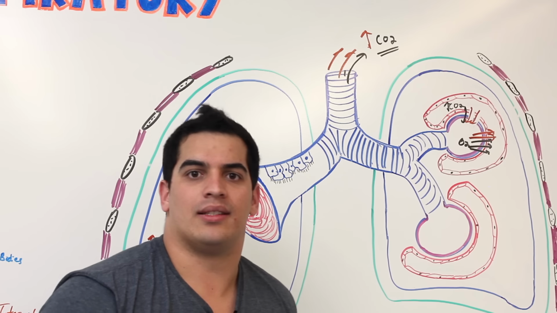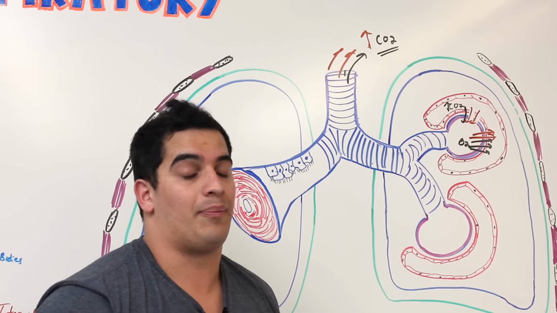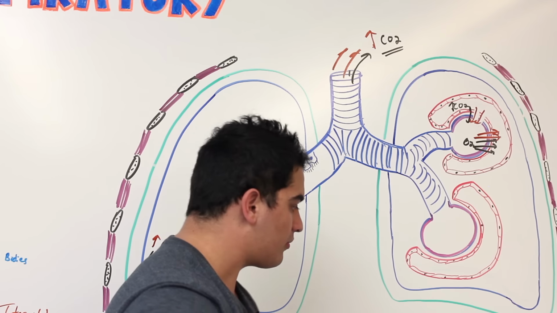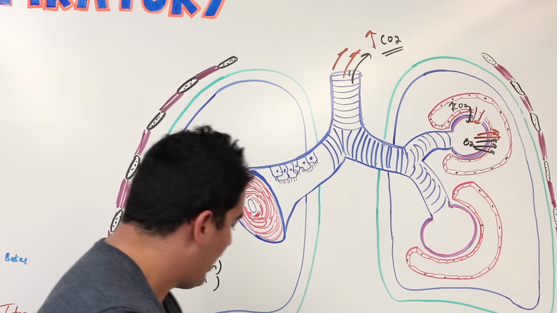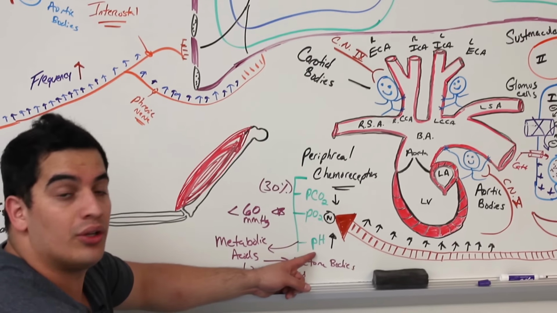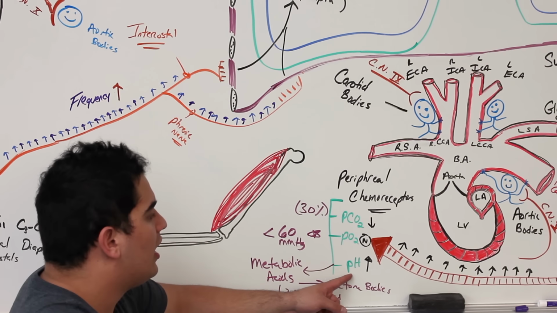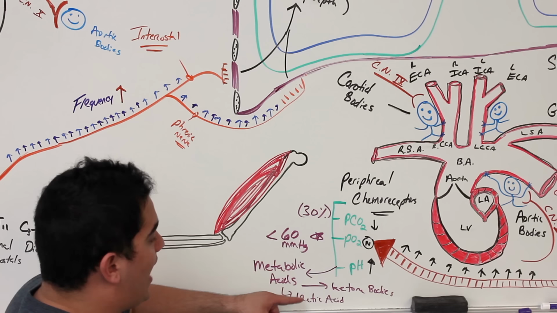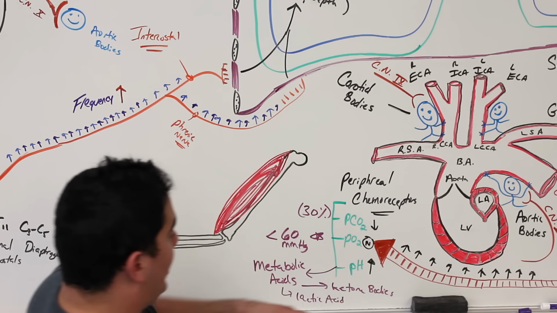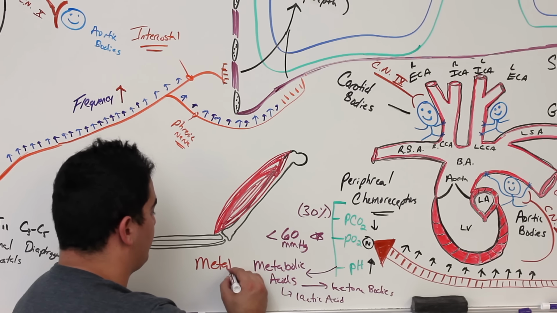What about the metabolic acids, like ketone bodies? You can't exhale ketone bodies. You can exhale what's called acetone, which is a breakdown product of them, but you can't exhale them. And so in situations in which you have this change in the pH, like a decrease or an increase in the pH, but for right now we're talking about decrease. If the pH is decreasing due to metabolic acids like lactic acid and ketone bodies, you can't breathe these out. If this is due to a situation like metabolic acidosis,